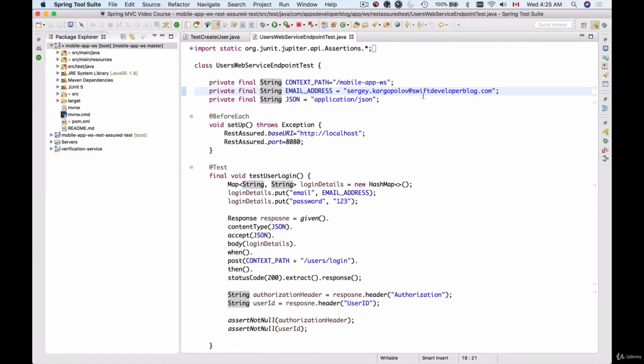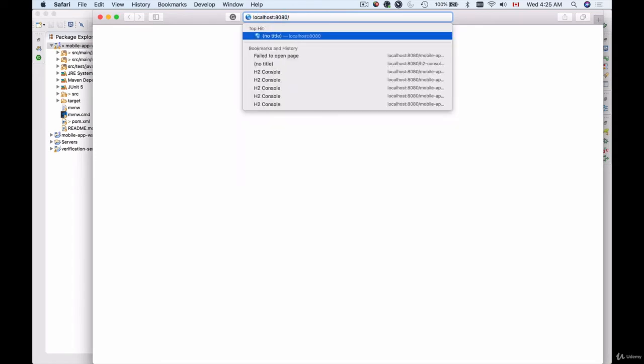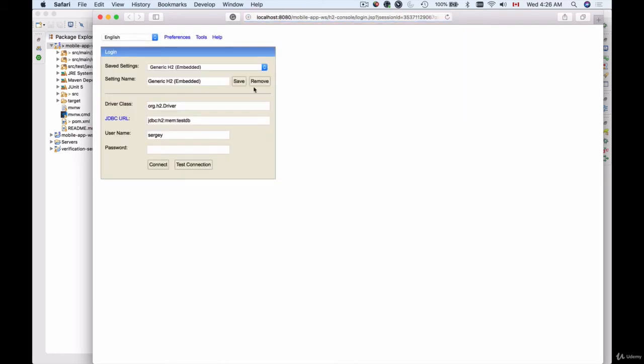Remember, during the login process in our web service API, we required user to check their email and click on the link to verify their email address before they can log in. So there are two ways. I can either go to my email and click on the link, or I can use my database to update the record. So let me open the browser window. Here's my browser window, and I will open up my localhost /h2 console. I'll log in into my database,